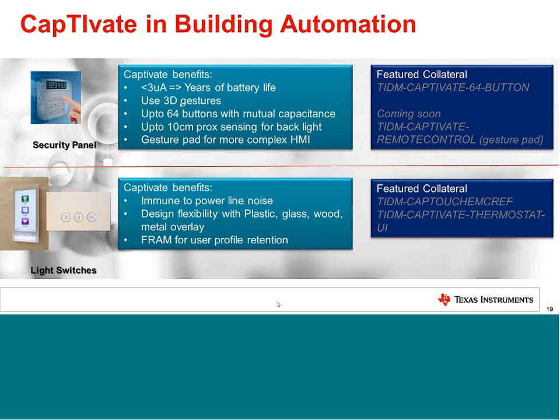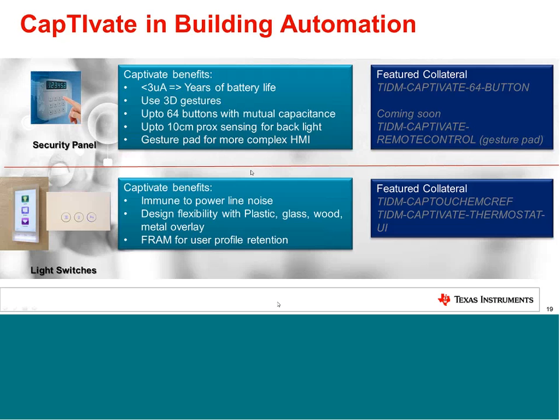And with CapTIvate technology, you can have up to 64 buttons in mutual capacitance mode, allowing you to do a lot of different applications on your touchpad here. Also, like we mentioned, if you want proximity sensing and backlit LEDs, so when a person walks to the panel, you want to illuminate the panel, you can do it on the same chip using the self capacitance mode, and wake up the system, illuminate the panel,